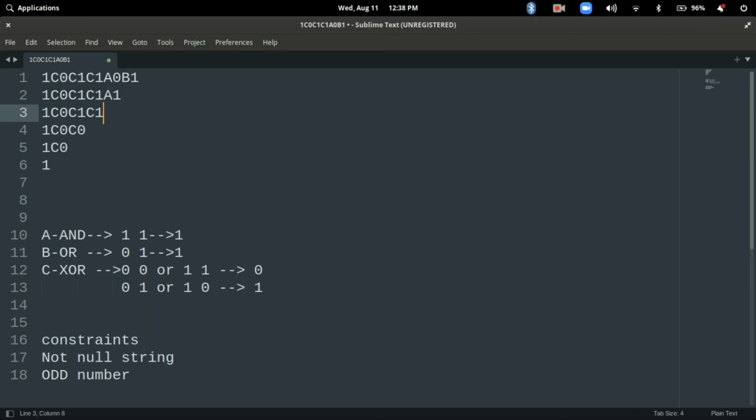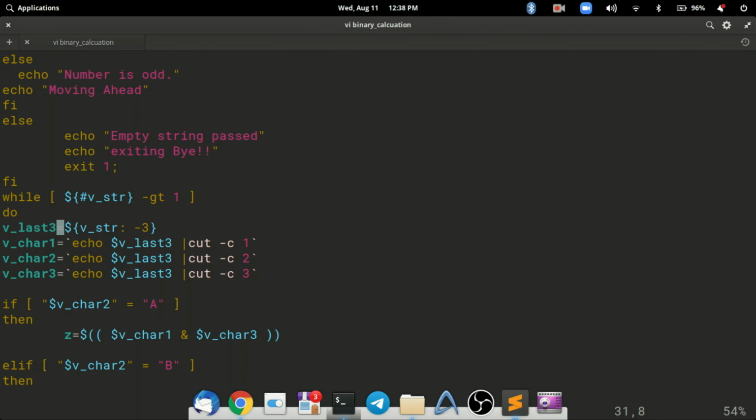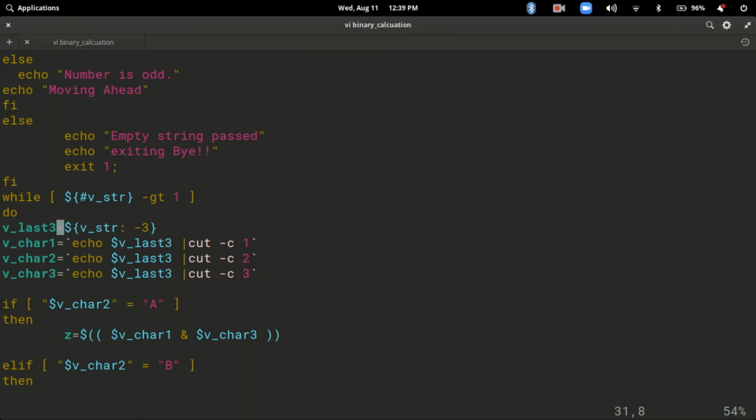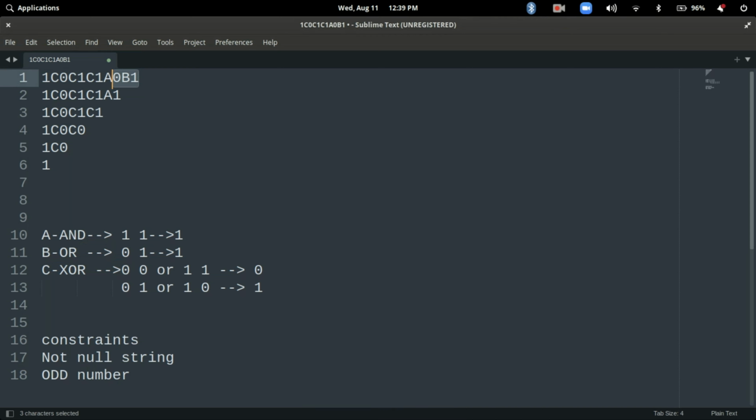Okay, so I have zoomed in a little. Now if you see these last 3 characters, what it will do is pick up these last 3 characters and store them in your v_last3. Okay, once this is stored, what I am doing now is picking each character one by one from this